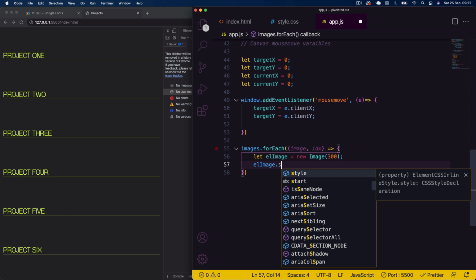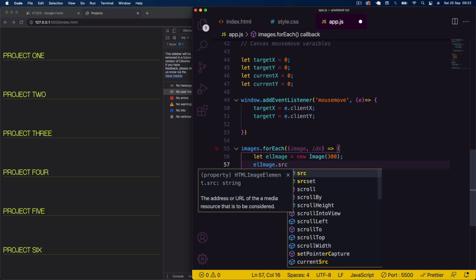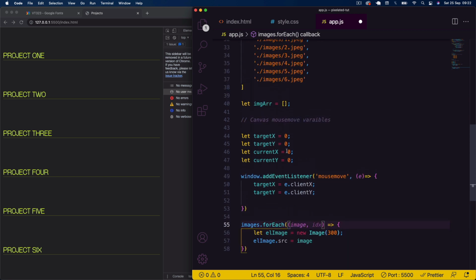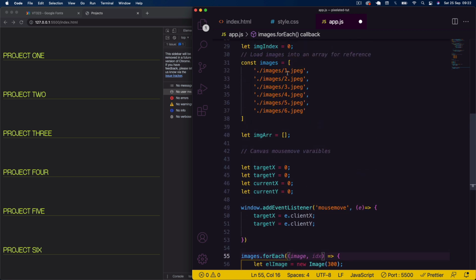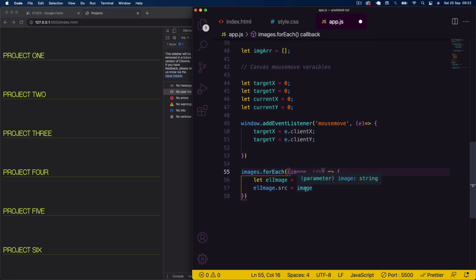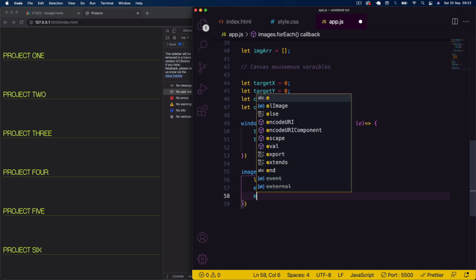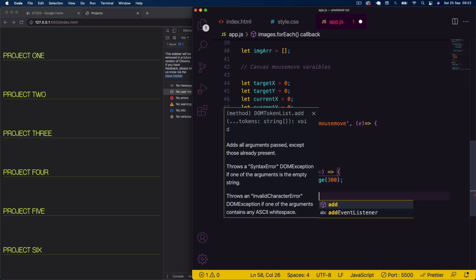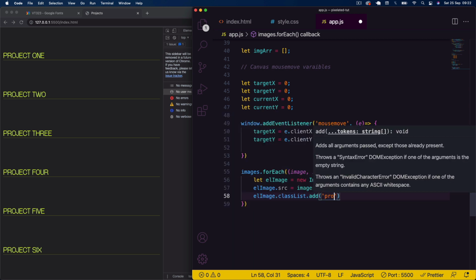So we'll say image.source src, like so, and that's going to equal image. Remember, we pass in the source here in this array, so that's how we can just say image here, because we pass in that source there in that first argument or parameter. Okay, and then we can say l image dot class list dot add, and then we just want to add the class of project